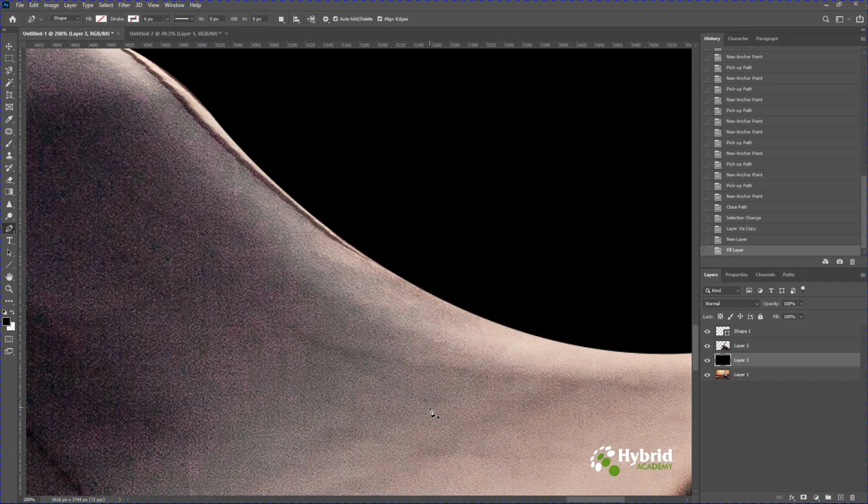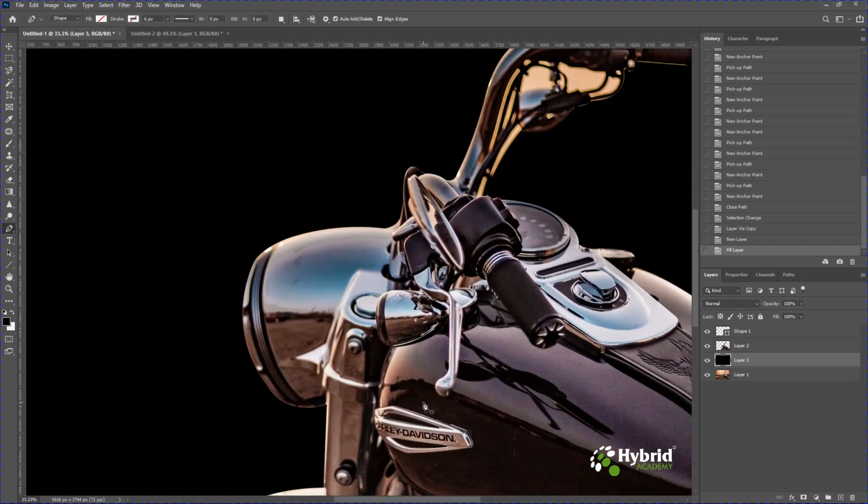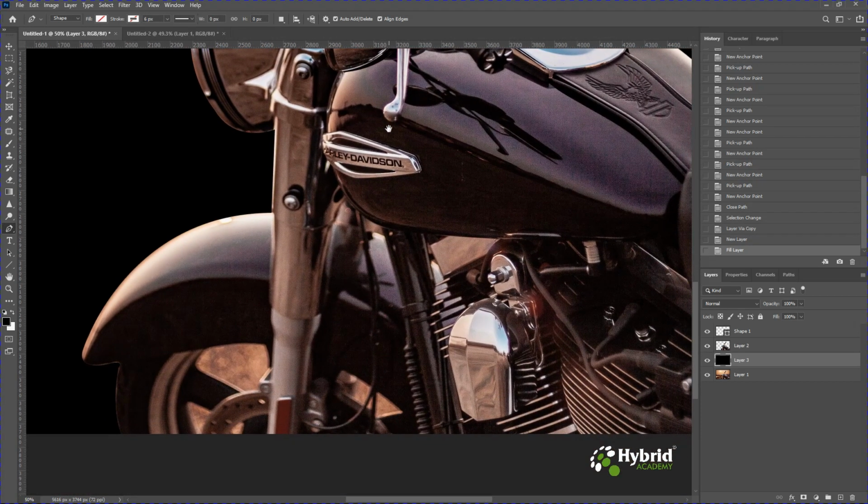Now at level 2 we can delete the other areas. We can zoom it, and using the pen tool we can make the selections of the areas which we want to delete. Once this is done, I'll press Ctrl plus enter. I'll go to the layer which holds the bike, and I'll press the delete button, so you can see that